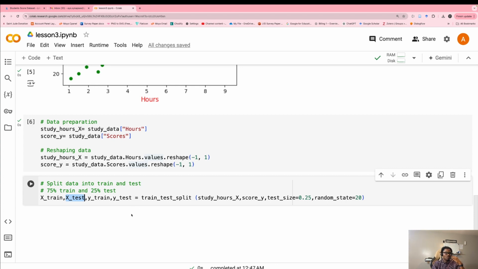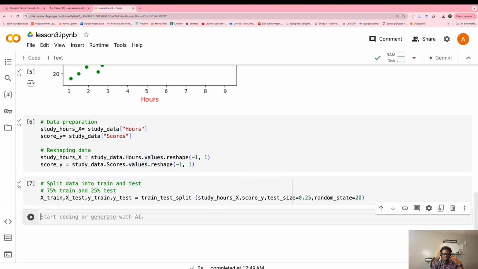So again, we always need to split our data into train and test. You are using 75% for training and 25% for testing. Please just write this code the way it is, then when you run this, you should be good. So let's do the next one.